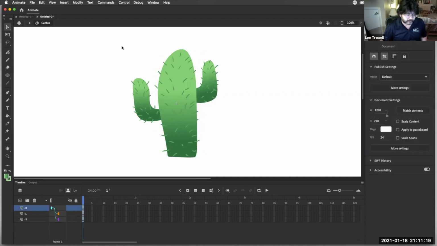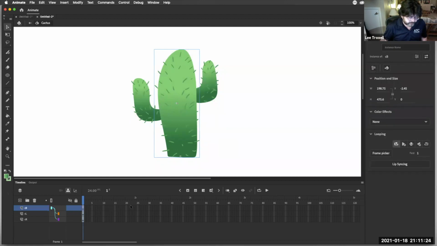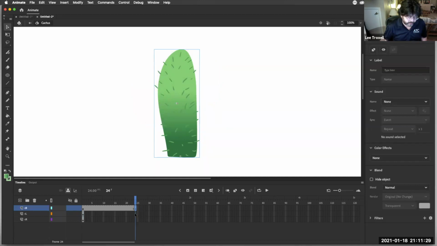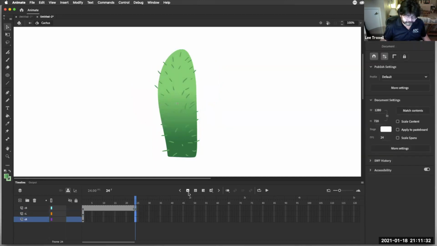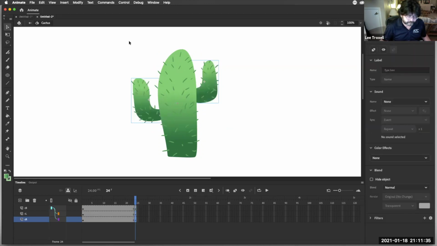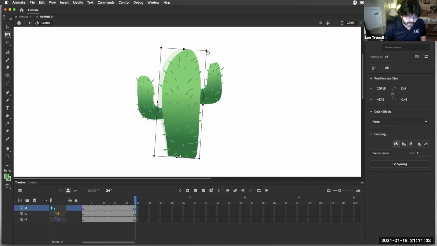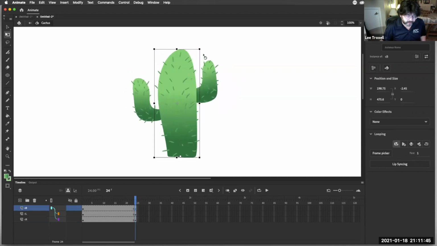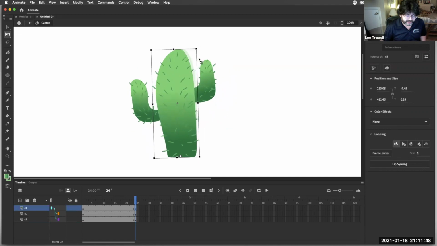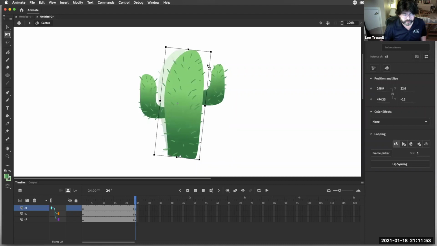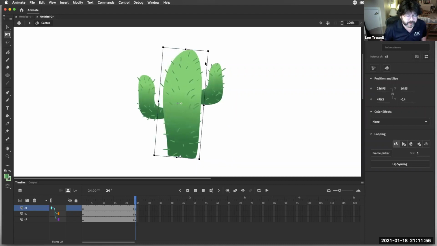So for example, if I wanted to grab just this one, and in frame 24, add a keyframe, I'm going to go ahead and add a keyframe for all of them. Whoops, I can grab this and rotate it this way. And you see that all three of them are moving, even though I'm only selecting the first one, the body. So I'm going to move it this way a little bit. It's going to be kind of dramatic, I don't think they bend this much,